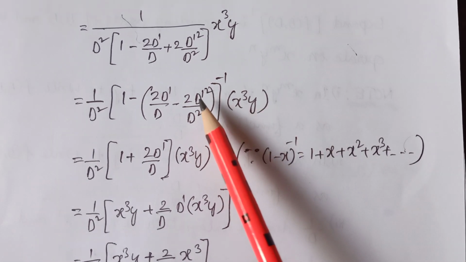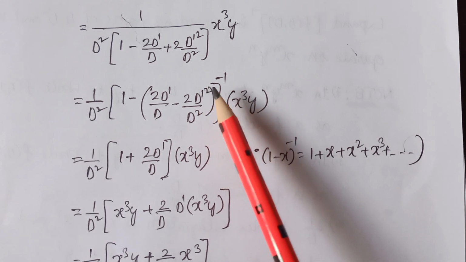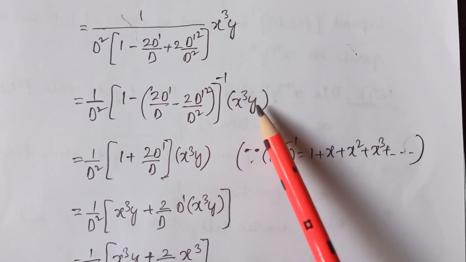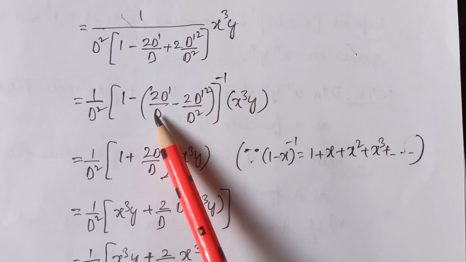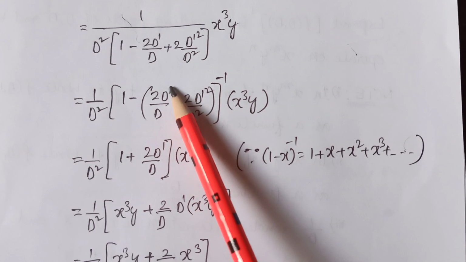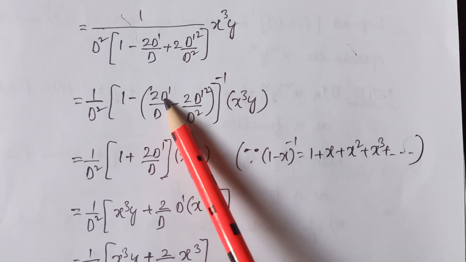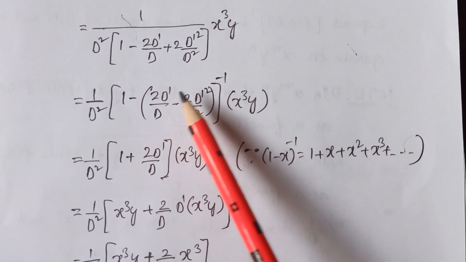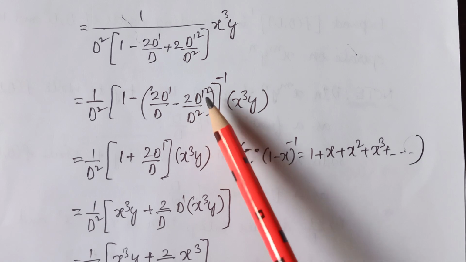Since the remaining terms contain higher powers of D dash, like 2, 3, 4, 5, because D dash square of y is 0, D dash cube of y is 0, D dash 4 of y is 0, that's why we are neglecting the remaining terms. We have to consider in this expansion only up to the terms where the D dash degree and the y degree are the same. Here the D dash degree is 1 and the y degree is 1. So up to this term only we need to consider, and we can neglect the remaining terms.